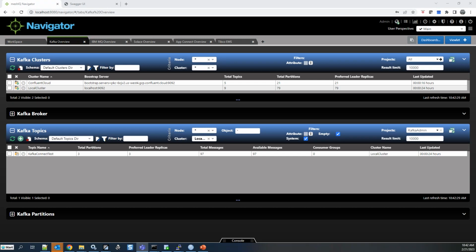For data collection, we use primarily remote connections. So we remotely connect to Kafka, to Solace, to the different technologies. MQ is one exception. We do have an agent there from our legacy, but most of our customers today are starting to move toward remote collection of data for that as well.